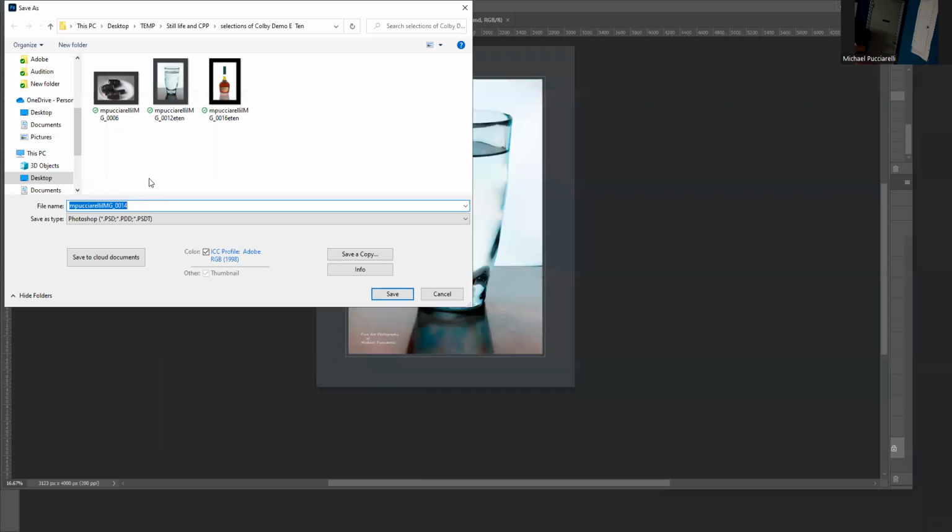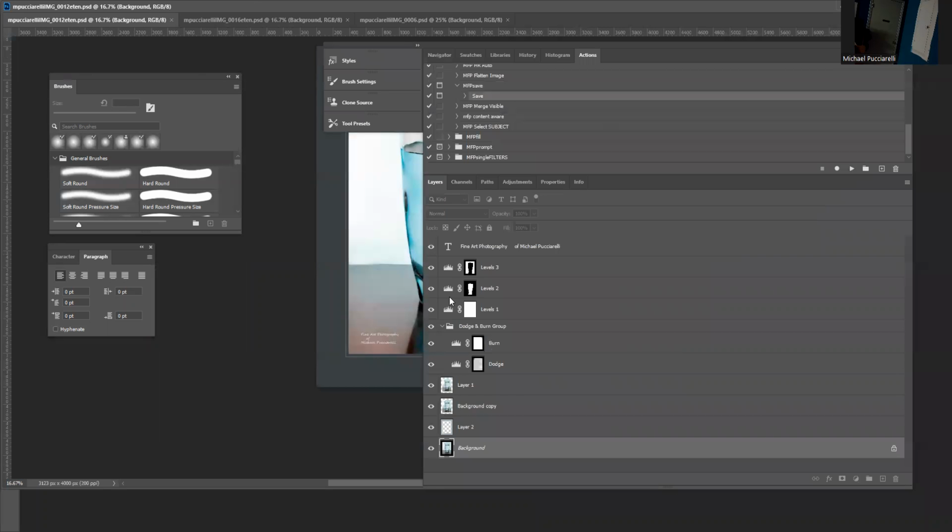And my computer tells me where I save it. It also saves to the cloud too. And then this is the second action where I'll show the steps in a minute. I'm going to show the layers, where I burn at luminosity blend mode, I dodge at a screen blend mode, and when I paint,